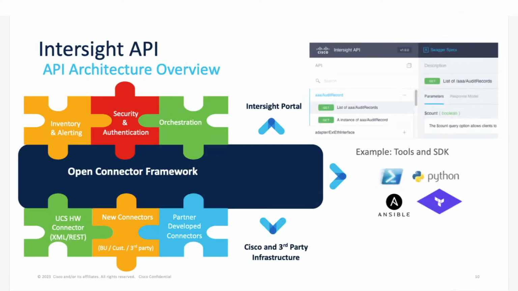Intersight API is part of the Open Connector framework, and it was implemented for inventory, alerting, security, and authentication. Everything is built in. The API uses the REST architecture to provide access to the Intersight management information model. And using the API, you can deploy, configure, manage, and monitor at scale, all from one API. Now, for SaaS environments, the APIs are automatically updated when new features are deployed to the